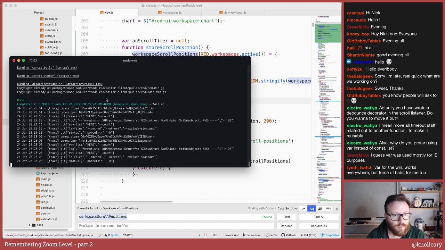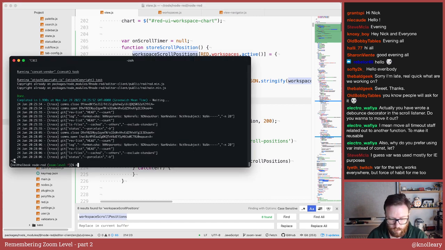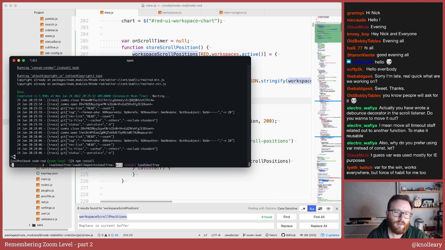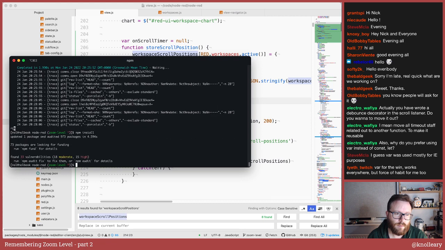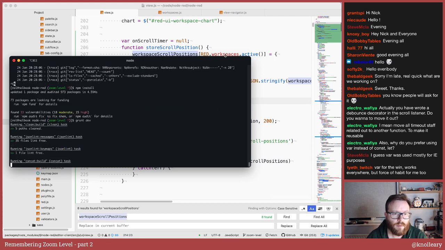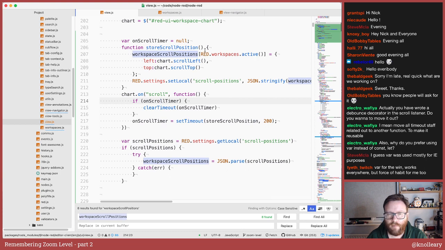Tell you what I'm going to do. I'm just going to run npm install, which is going to downgrade marked. And there we are. Just get rid of that error.